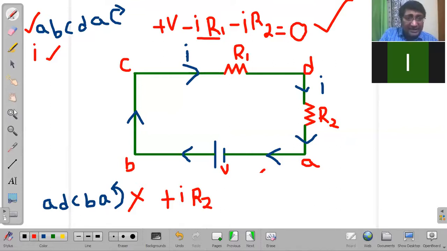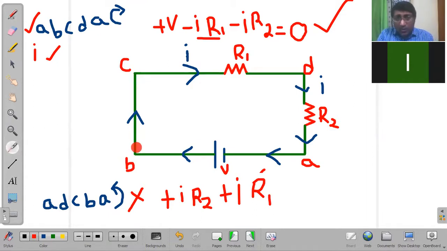Now let's look into the next statement. You are traveling from D to C because that is your path, guys. Check it out. We are doing the reverse path if you remember. So that is D to C, and current is traveling in the reverse direction to your path, from C to D. When that happens, we need to take it as plus IR1. My path is opposite to the current's path. So that is IR1.